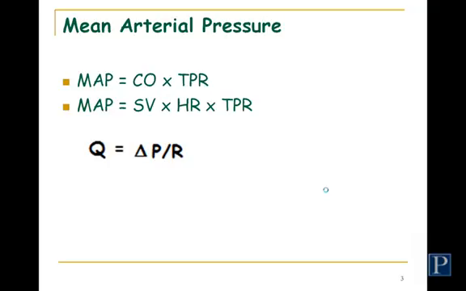The first equation for mean arterial pressure that you need to know is this top one. Mean arterial pressure is equal to cardiac output times total peripheral resistance. Now, mean arterial pressure is a very important pressure. It is indicative of the average pressure that's in your cardiovascular system. It is a driving pressure